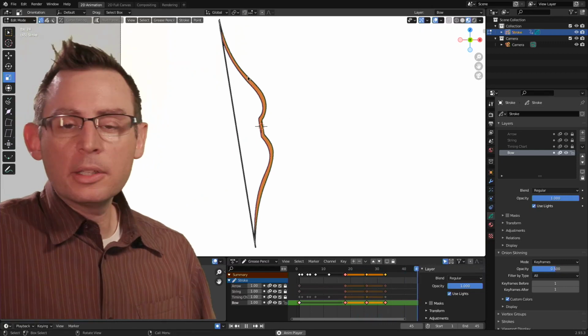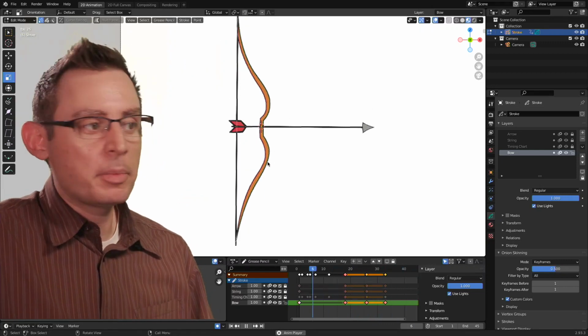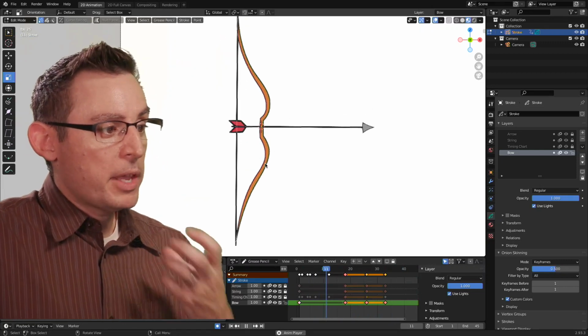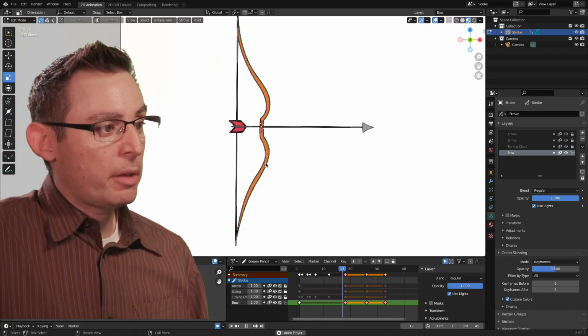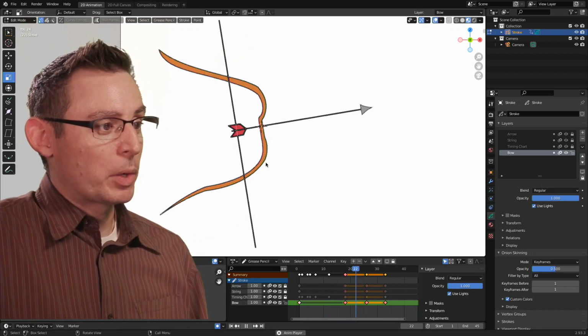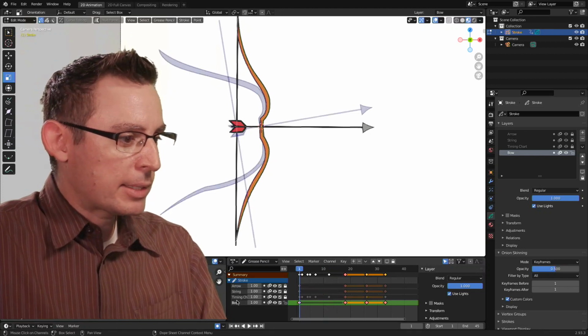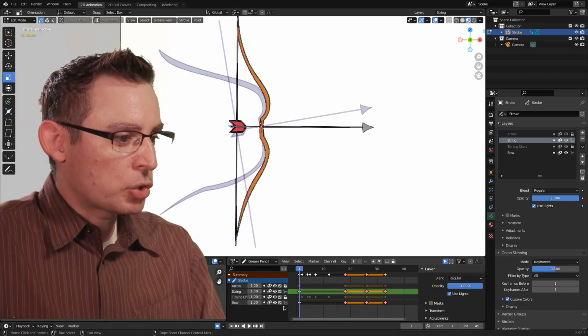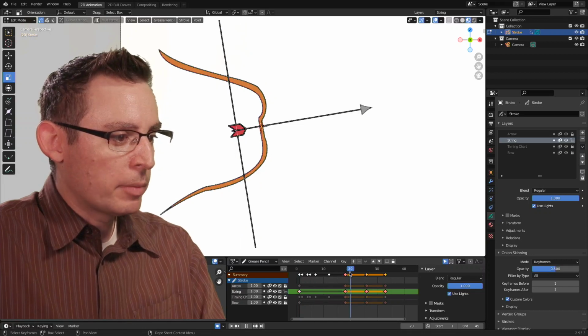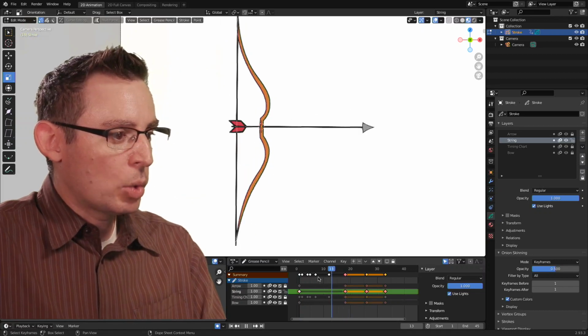Now I have some tweaks in here that I'm going to do just to clean up some of the illustration on the bow itself, but the actual animation frames themselves and my sense of timing is really working. I'm digging this. Shift space to stop. And finally, the last little bit here that we got to do is the string. So we'll unlock that animation layer and let's get the string working the way we want it to work.